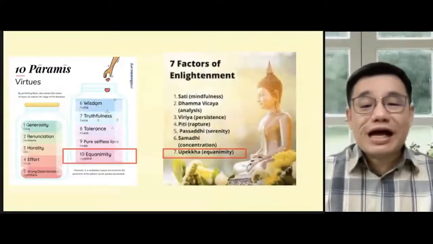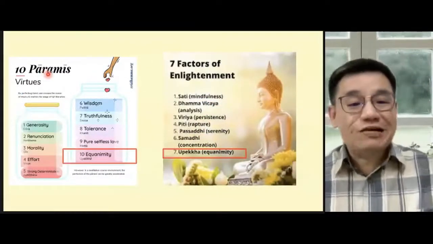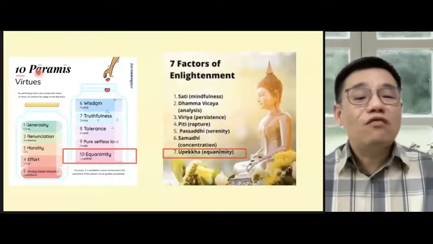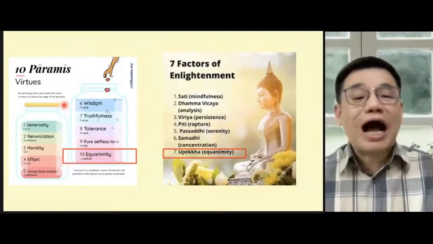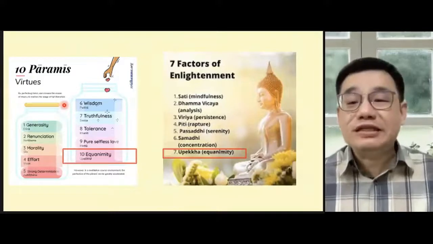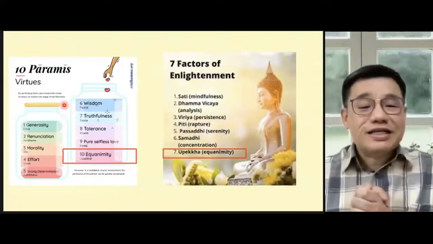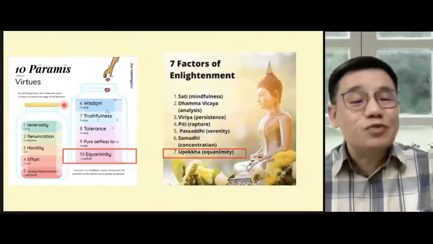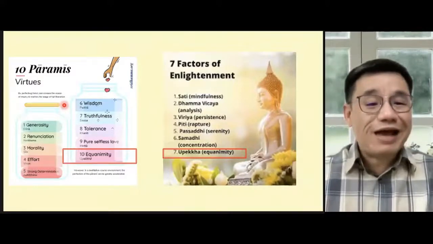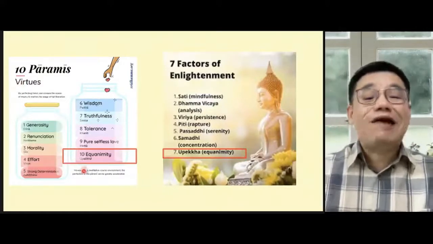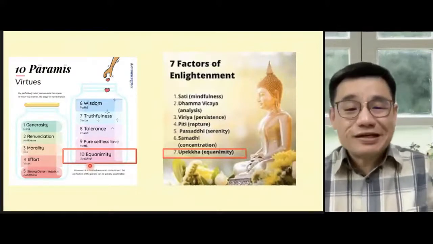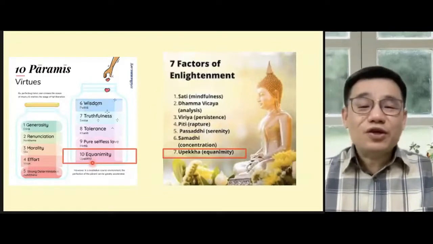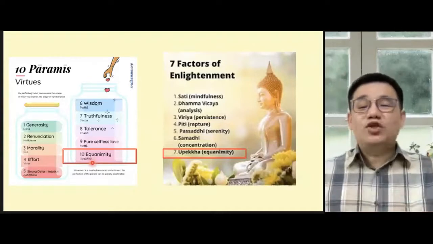Equanimity or upekkha is also part of the 10 paramis or the 10 perfections. In Buddhism, these are 10 virtues that we need to cultivate if we aspire to become a Buddha. One thing good about Buddhism is all of us can become a Buddha if we aspire to. But in order to become a Buddha, we need to train, and one of the training virtues is again equanimity. For those of you who are not so ambitious, maybe you just want to be awakened,